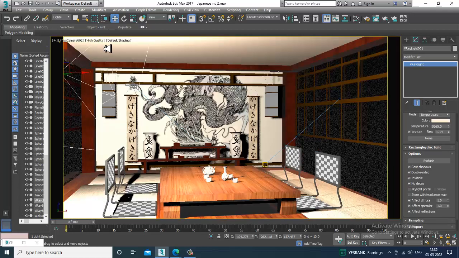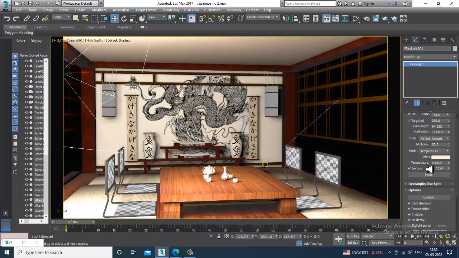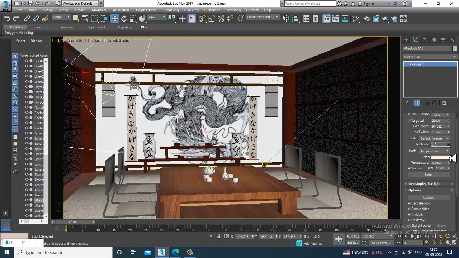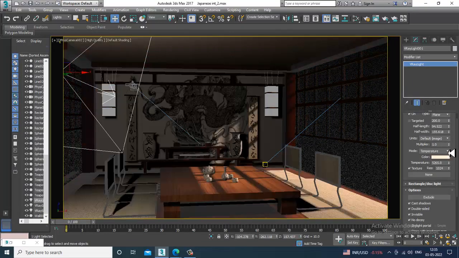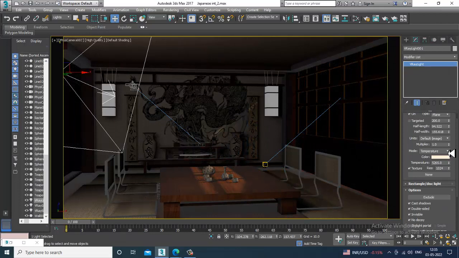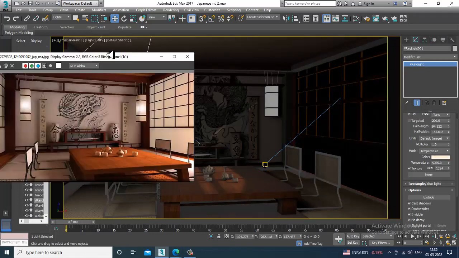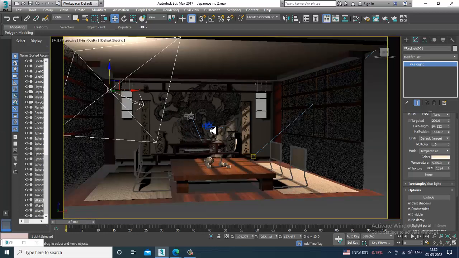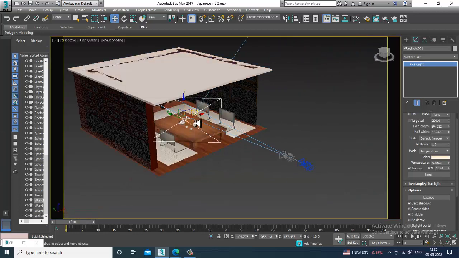Activate this. Now if you look at it, the multiplier is very high. I'll slightly reduce the multiplier of this particular light over here. If you want, you can reduce the multiplier, slightly push it inside,